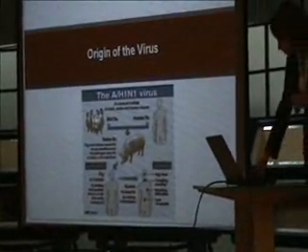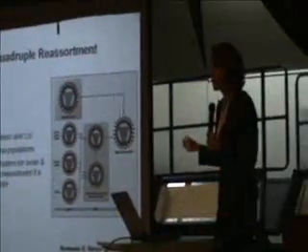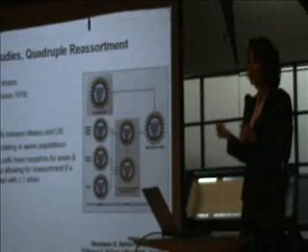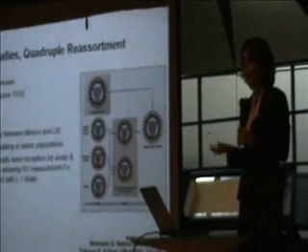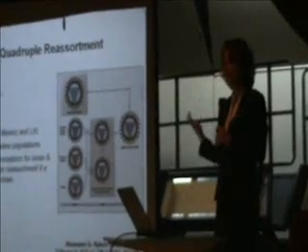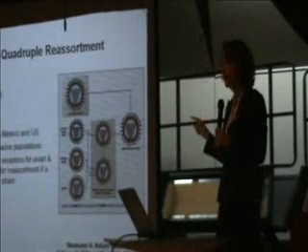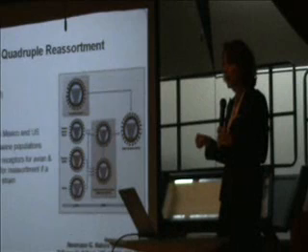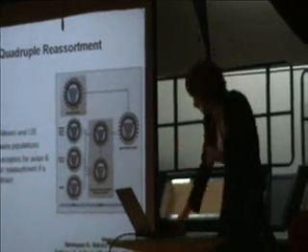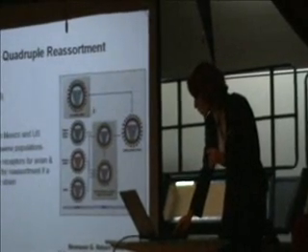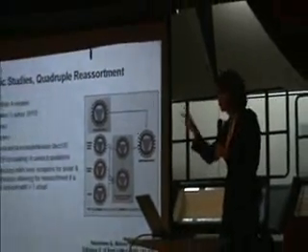Now, origin of the virus. Where did this virus come from? There are genetic studies. Obviously, to be able to answer this question, it needs very specific genetic studies. It is believed that there is a quadruple reassortment, which means that 4 different viruses combined in the same host, in this particular case the pig, to form a new virus that is now transmitted, and it is the H1N1. So if you see in the schematic representation, there are 2 swine viruses, 1 human, and 1 avian. All of them combined and created a new virus.